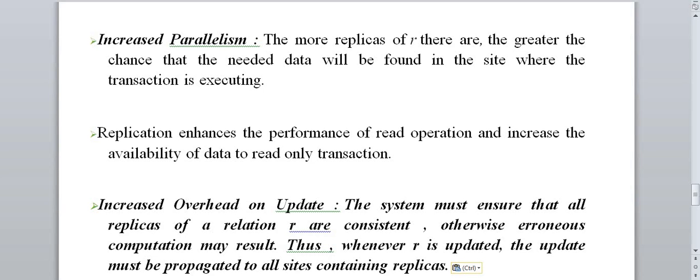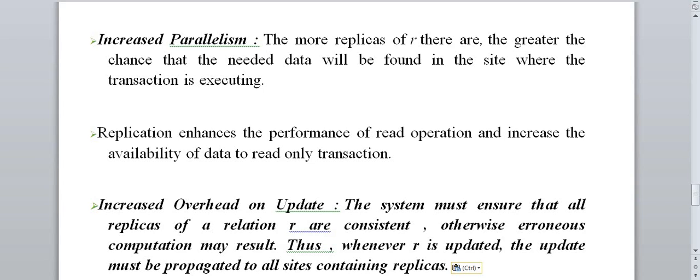That is also a benefit of replication. The next one is that replicas enhance the performance of read operations and increase the availability of data to read-only transactions. Suppose a transaction is only reading some information from the sites. This will be very fast because many replicas are there, so based on replication we can easily access the data. These are three advantages of data replication.